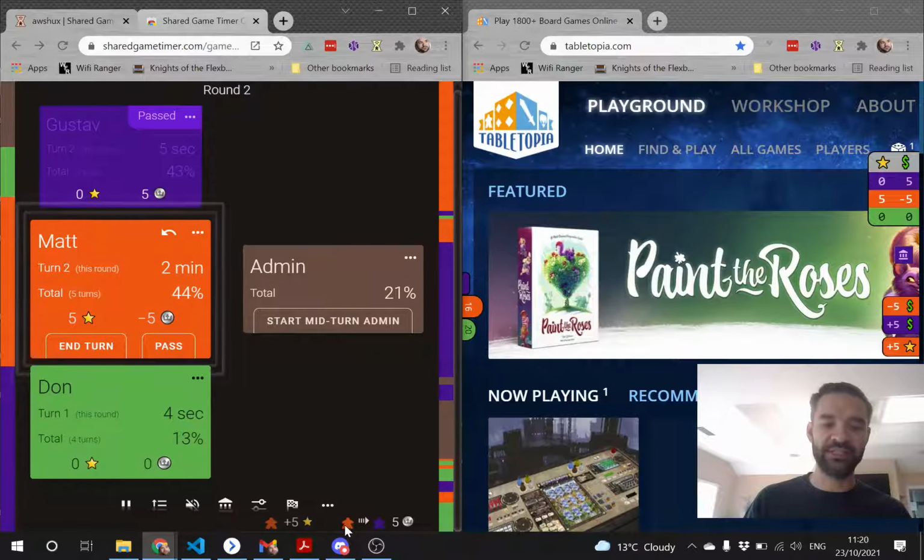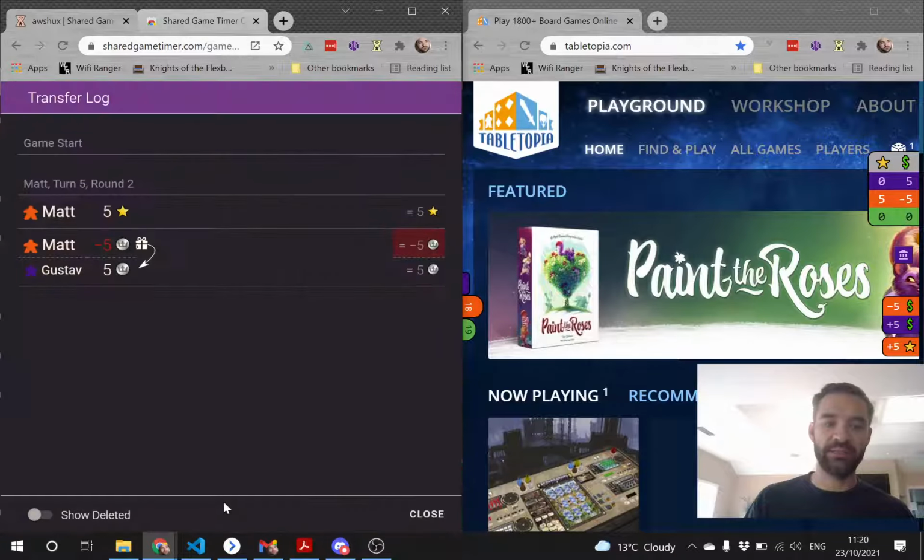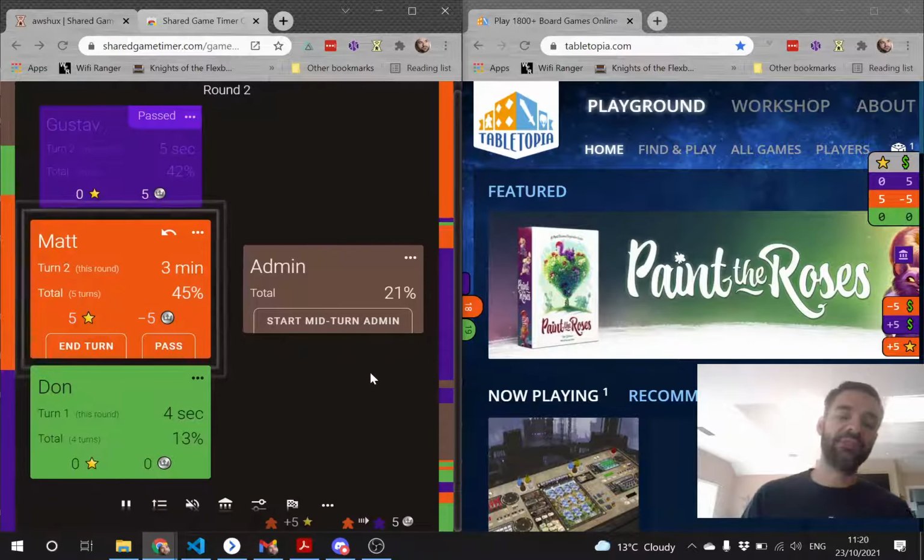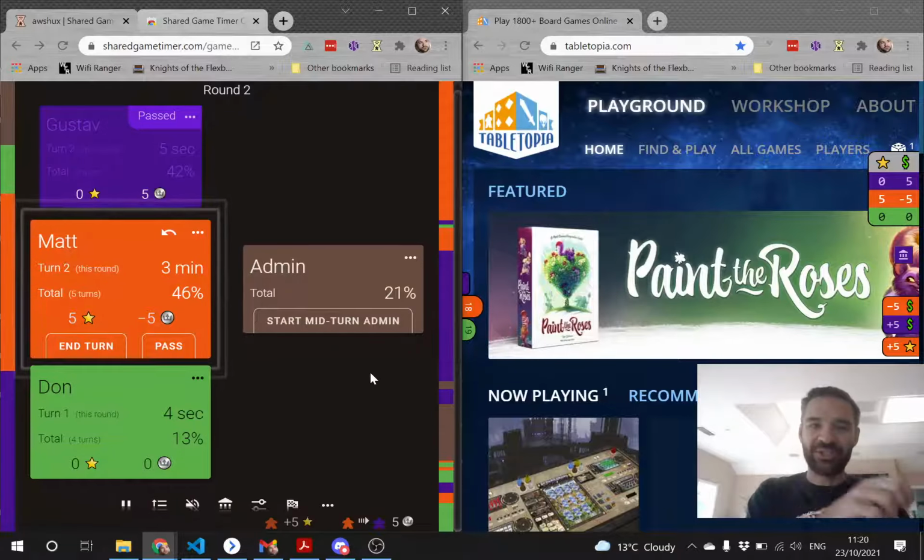And the symbol here shows that the orange player gave 5 coins to Gustav. It also shows up here, and in the log. So why would you want to use this? Well, you wouldn't want to use it in a tabletop game because we all like to touch the components and do things like that. But in an online setting, some games,